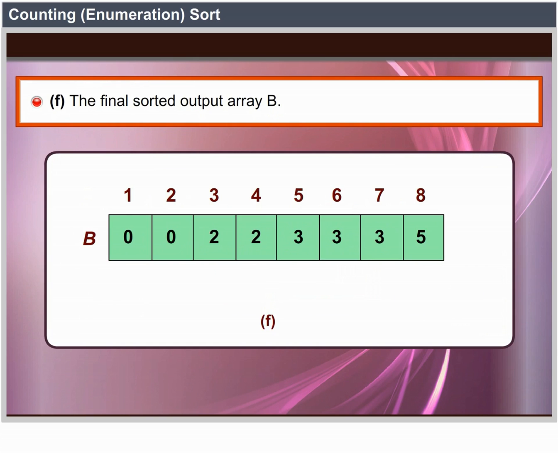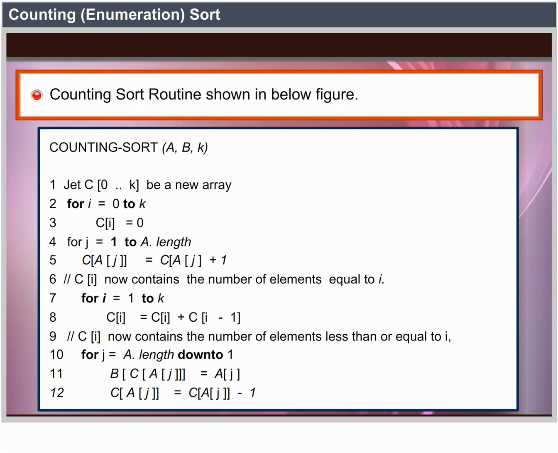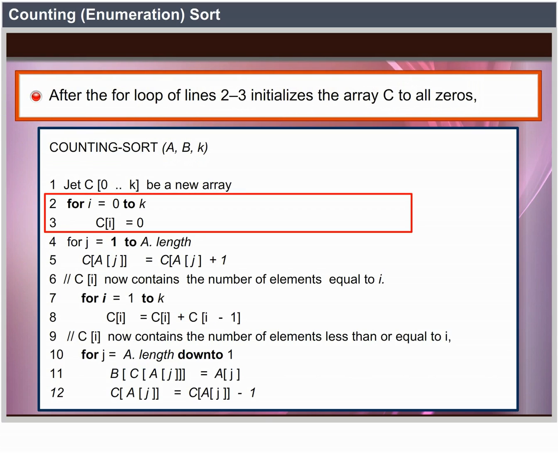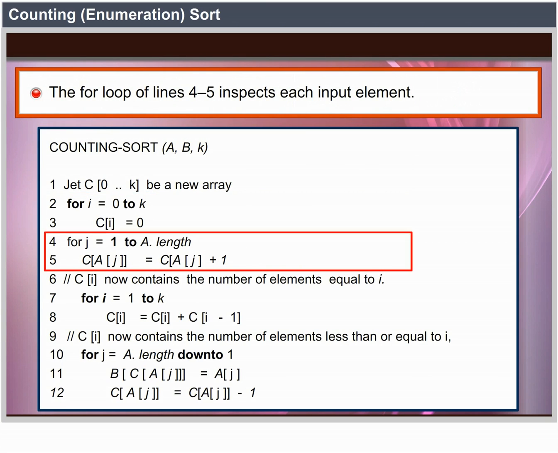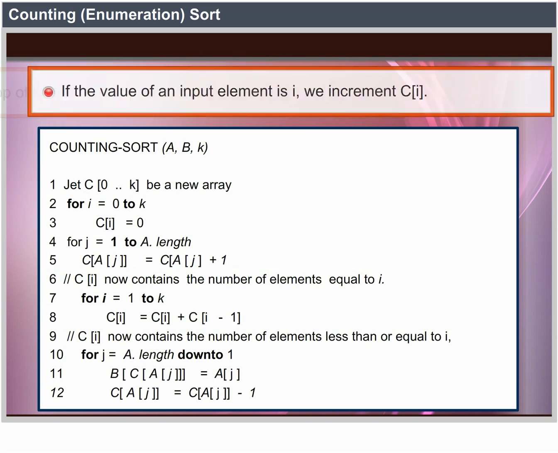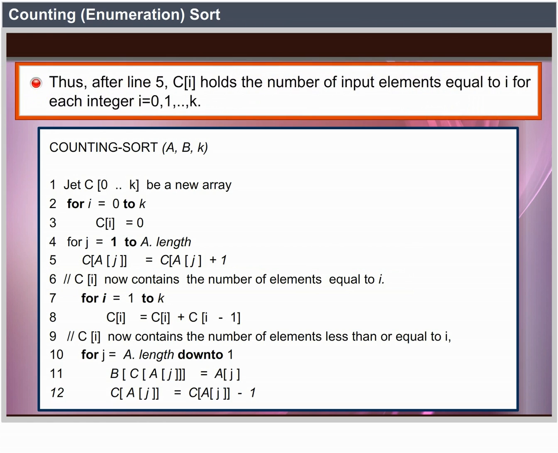Counting sort routine shown in the figure below. The for loop of lines 2 to 3 initializes the array C to all zeros. The for loop of lines 4 to 5 inspects each input element. If the value of an input element is i, we increment C[i]. Thus, after line 5, C[i] holds the number of input elements equal to i for each integer i = 0